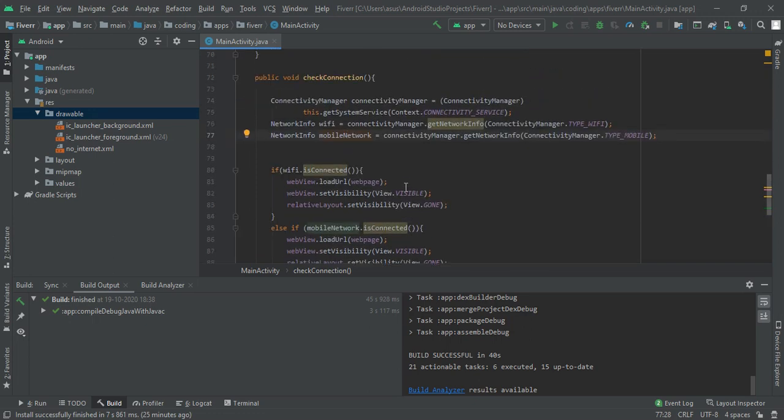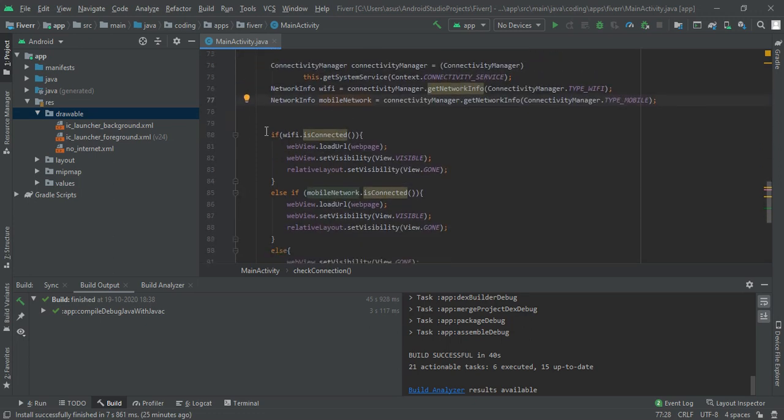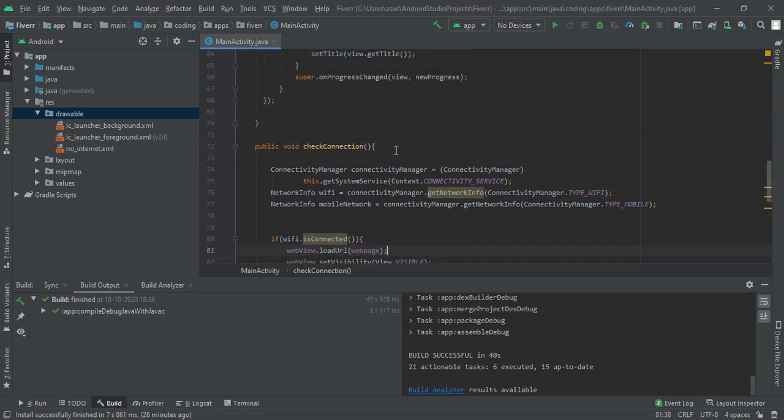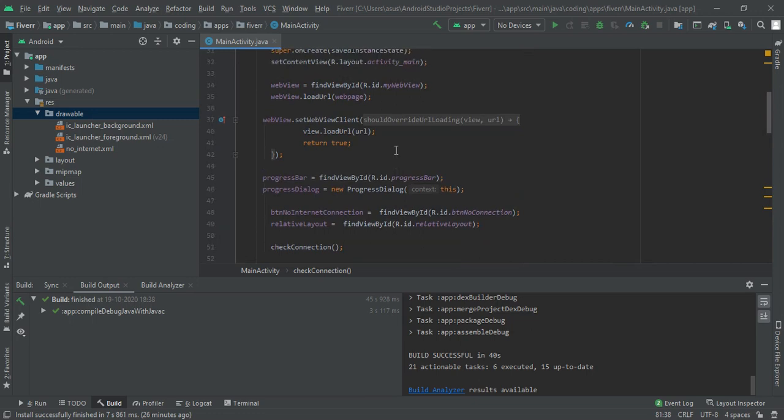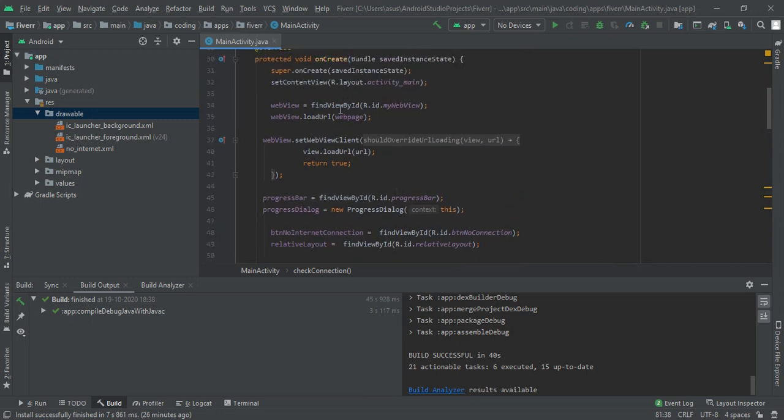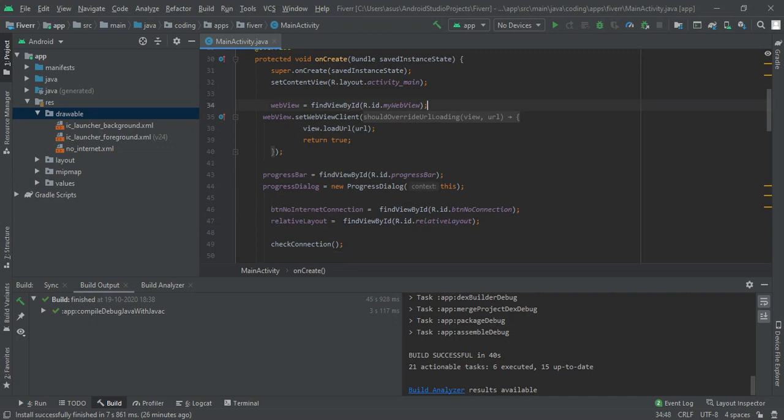After that we are going to check the connection, so if Wi-Fi is connected, then we are going to load our webView.loadUrl. Otherwise we are not going to show it. So erasing from here, it will cause an error.